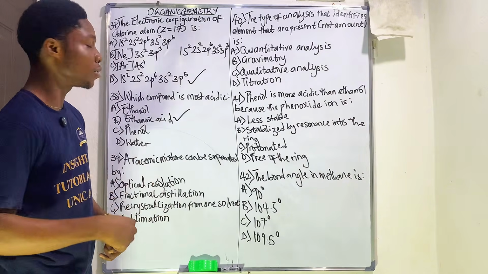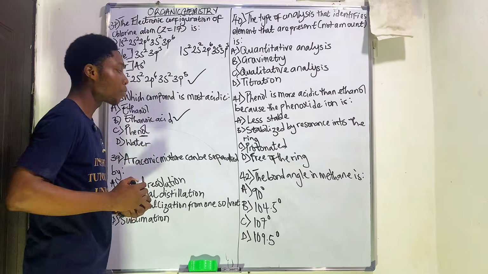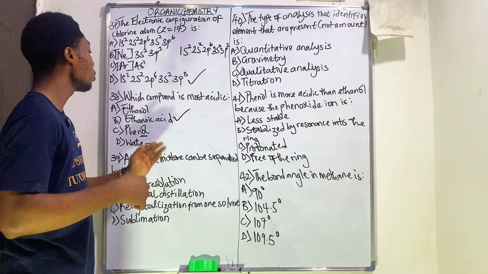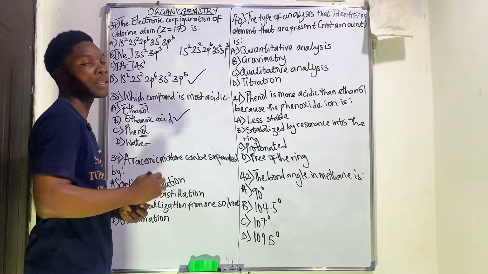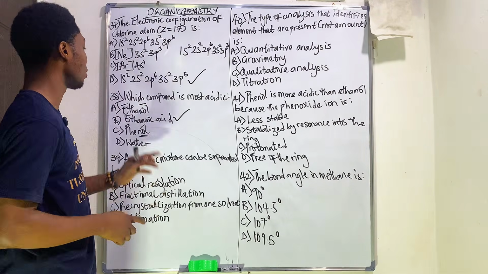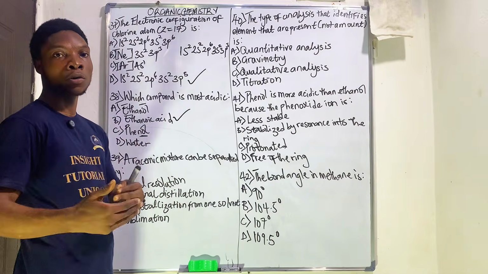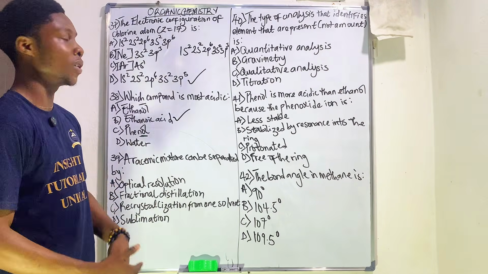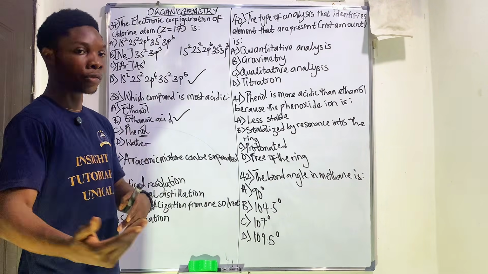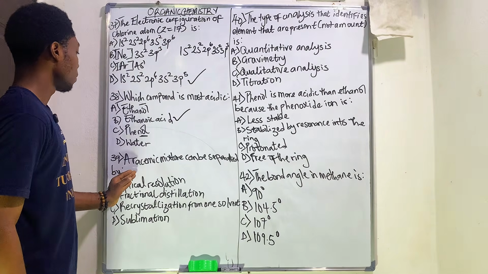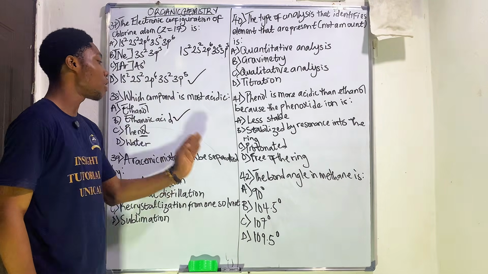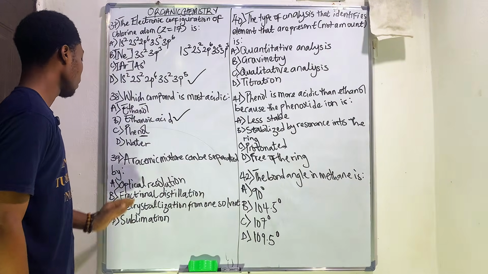Then the one that is second on the list is phenol. Phenol has a much more stable conjugate base than ethanol. So ethanol is the least acidic on this list. But the most acidic is what? Ethanoic acid, because it has the most stable conjugate base. This base is stabilized by what? Resonance. Alright. Next question. A racemic mixture can be separated by A. Optical resolution,